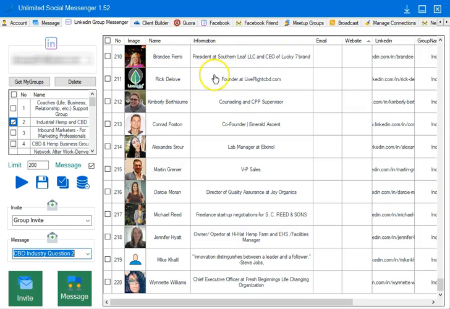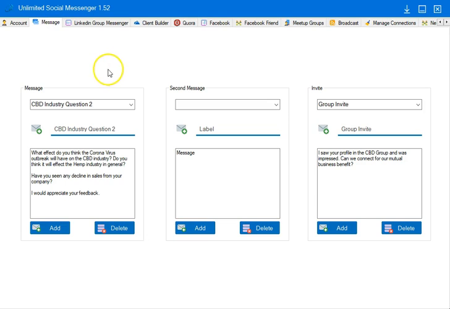Now, as of this moment, all messages are personalized with a hello. So in this case, it's hello Brandy, comma, and then it goes to the next line and begins your message. All right. Now, the messaging is what is really key here, and I really want to talk about this because technically you can send anything inside here. All right. I mean, you could even put a bunch of cuss words if you wanted to, but